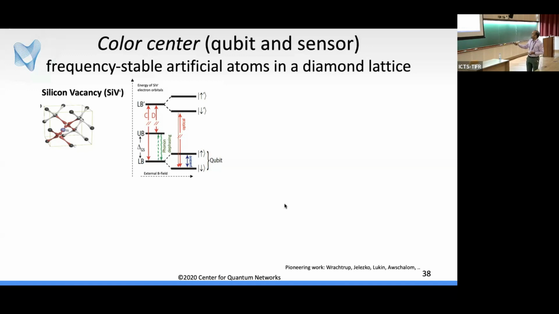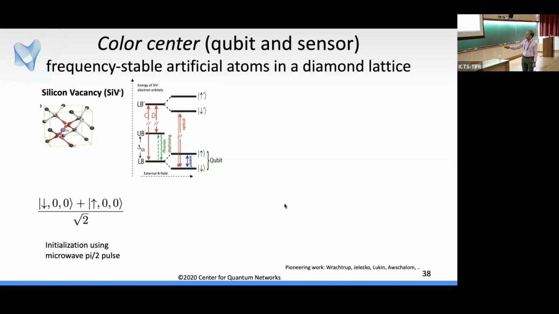For silicon vacancy color centers, the gap between this down and down prime is roughly 737 nanometers. So with this transition, you can initialize the silicon vacancy qubit in the down state, in the ground state, and then experimentally you can apply a microwave pulse to do arbitrary rotations between the down and the up state. One way in which people have looked at generating entanglement between that spin qubit and a photonic qubit is